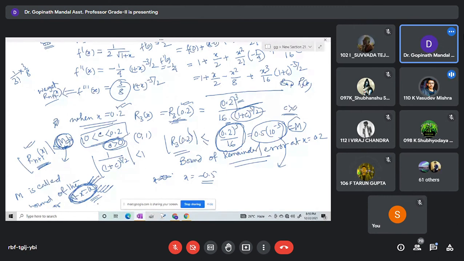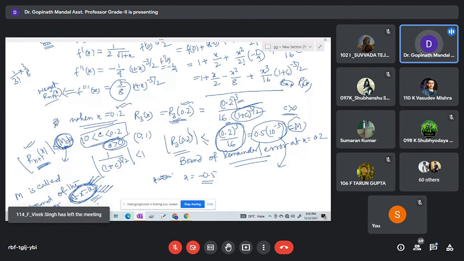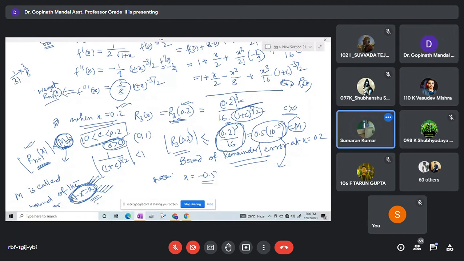Sir, is there any way to get solutions of that book? Because we are practicing problems and we are not getting solutions, so how can we get the solutions? You can get the solution on the internet, or solution books are available there. If we are stuck in a question, we cannot ask every question, because that will take a lot of time.